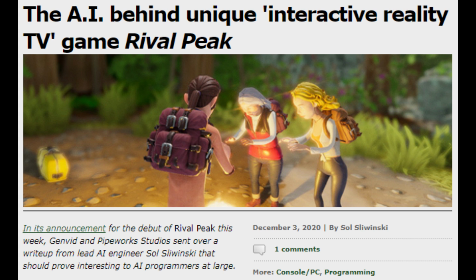In addition to periodically voting on each AI character's next goal or behavior, viewers can also affect the length of a character's action, such as gathering food or materials or working on a puzzle. So while the inhabitants of Rival Peak are able to operate nearly autonomously, the constant input of thousands of viewers influences everything from prioritization of tasks and goals to the speed and accuracy of each character's problem-solving abilities.